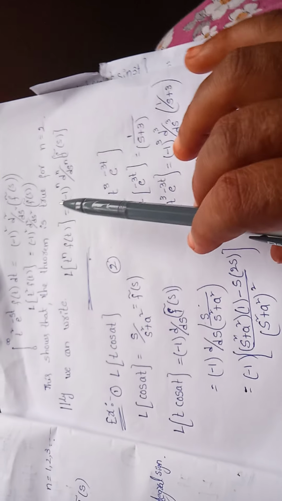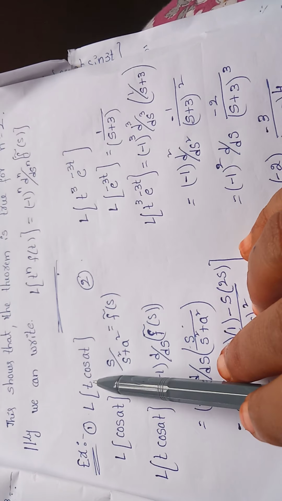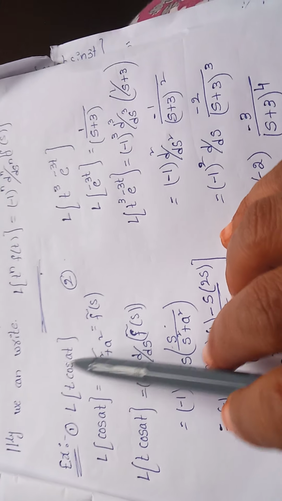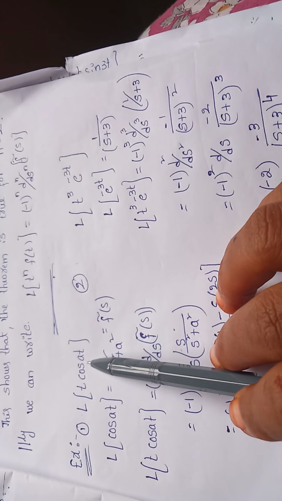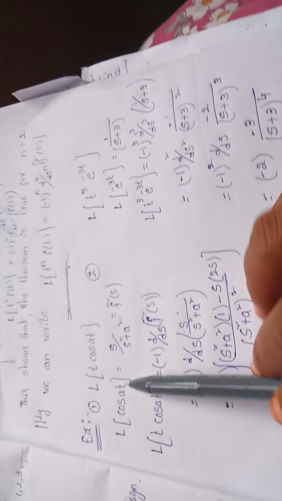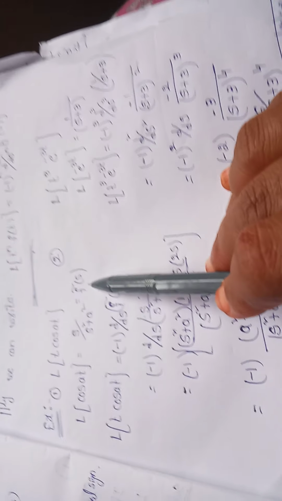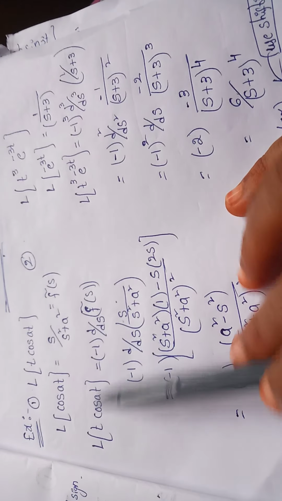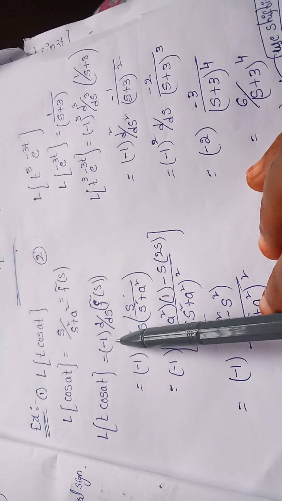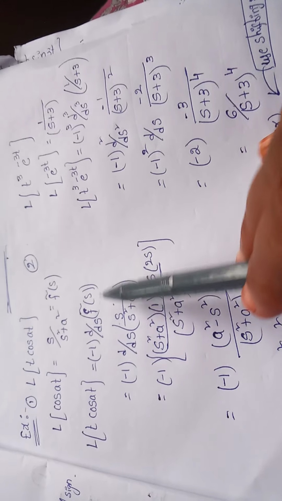This is also one of the important ones, since in the given problem there can be a multiplication of t. For example, L of t into cos at. This is in the form of L of t into f of t. First you find f bar s, that means L of f of t, L of cos at, s by s square plus a square, that is f bar s. So L of t cos at, t into f of t is minus 1 d by ds of f bar s. Multiplication by t, here you can apply.